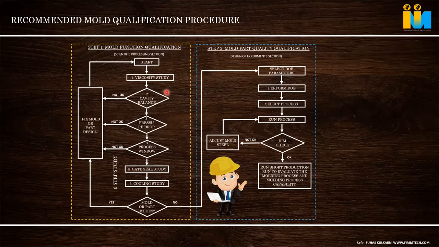And cooling study. We already discussed cooling study on the SGT. At what temperature is the minimum cooling time required? Because if we increase cooling time, the price of the part and the cycle time increase, since cooling time is a major chunk of the cycle time. So you cannot simply increase cooling time. That's why you need an optimum runner size. If we put a bigger runner, the part might have cooled, but to cool the runner we have to keep more cooling time. So what is the best cooling?